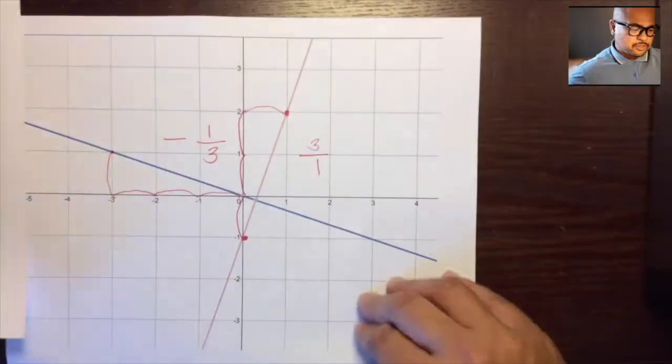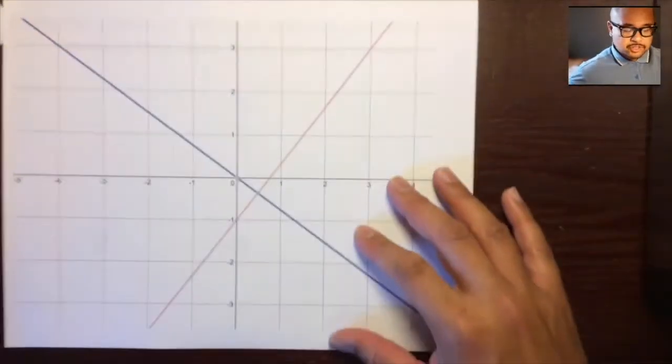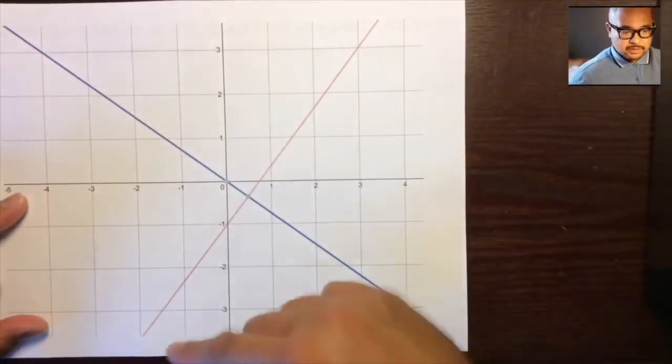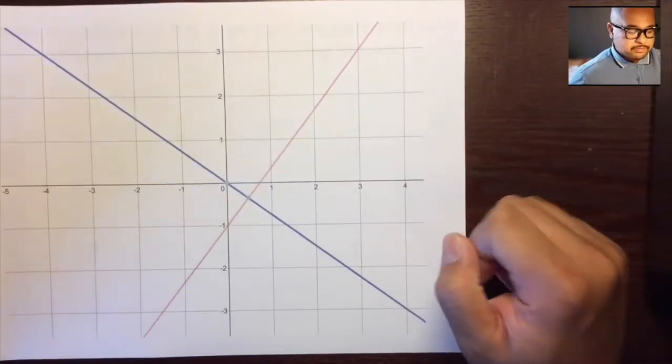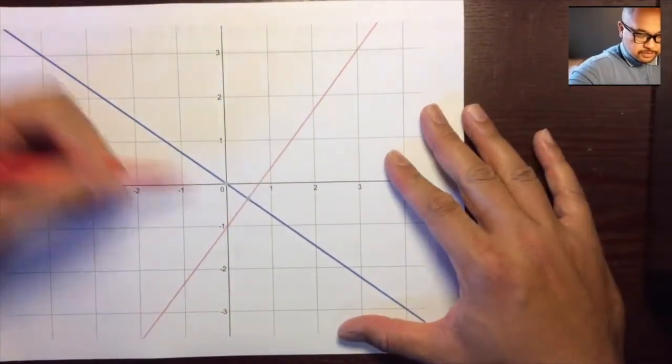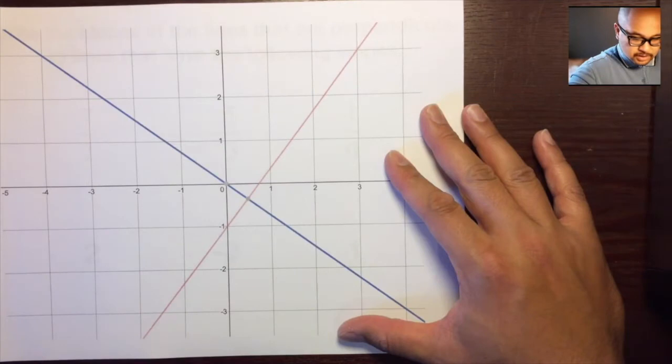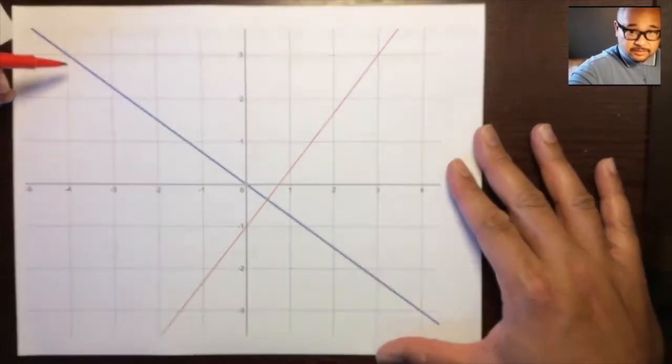Still not going to tell you. I'm going to show you one more example just to make sure that you really get it. So press pause and find the slopes. All right, unpause. So for this blue line, it looks like this line